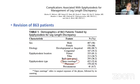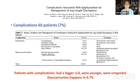Okay. So the longest series that has been reported in epiphysiodesis is the series by Makarov of 863 patients. Most of them were open epiphysiodesis, and up to 7% had complications. The most common complications were not related to the growth plate, but 3.3% of the patients had residual angular deformity, or a new angular deformity. And in 3 cases, 0.4%, they had persistent growth despite